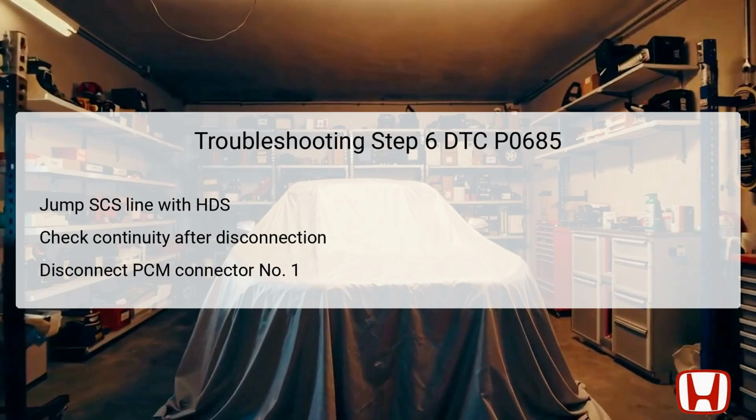Test point 1 connects to the AF sensor 6P female terminal number 5, while test point 2 connects to PCM connector number 1, terminal number 16. Successful continuity here indicates that the AFHT wire is in good condition, allowing for the possibility of substituting a known good PCM if necessary. If continuity fails, repair any damage in the AFHT wire found between PCM connector number 1